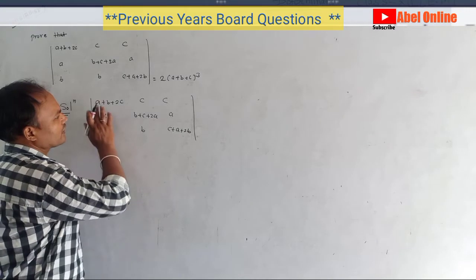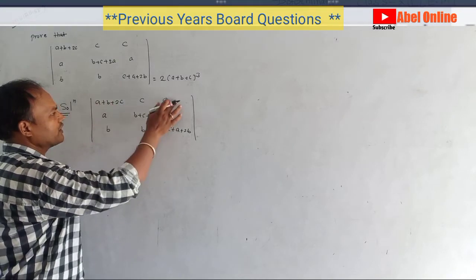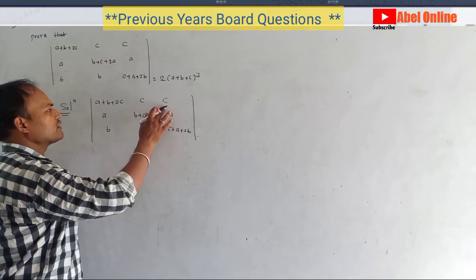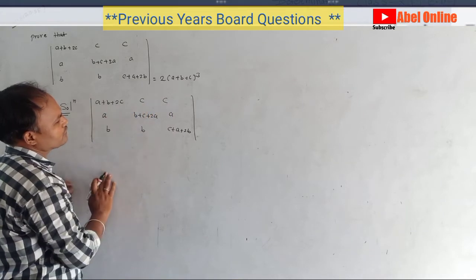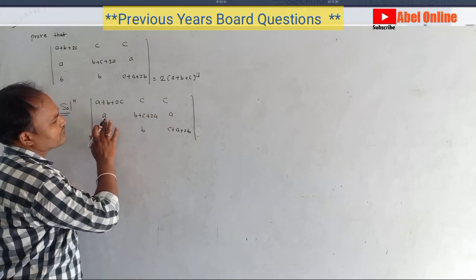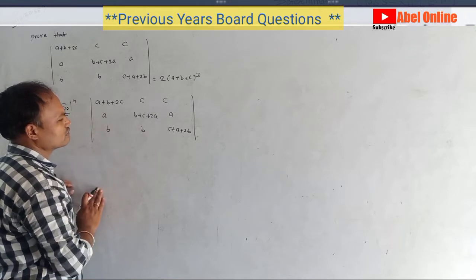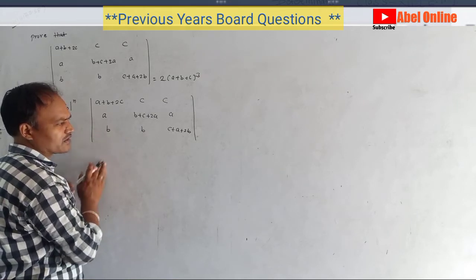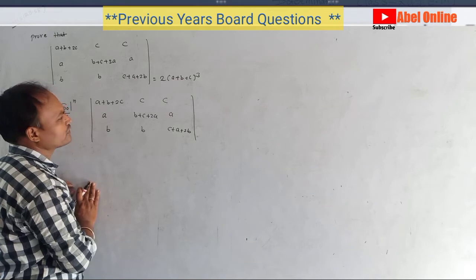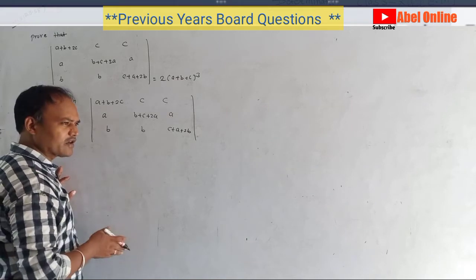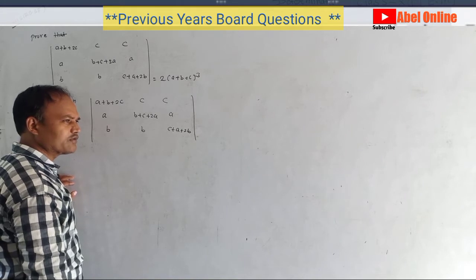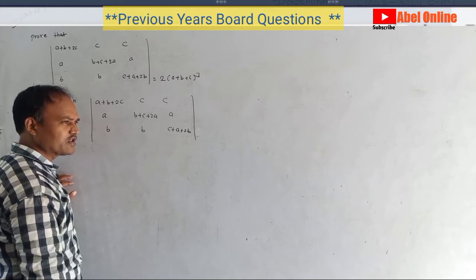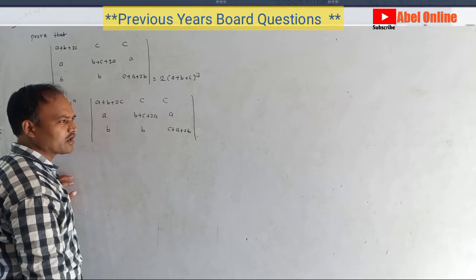I am thinking, if I add this, then this. If I add this, there is 4C, A plus B plus 4C. What about here? It is B plus C plus 4A. Here it is C plus A plus 4B. So it is not useful. Something should be the same. If I add, something should indicate that we are taking something common. Okay, so we have to think about what we can take common, and how we can add so that both are the same.